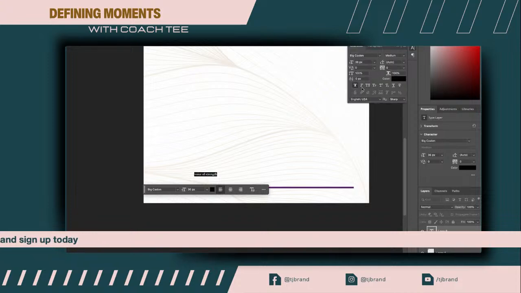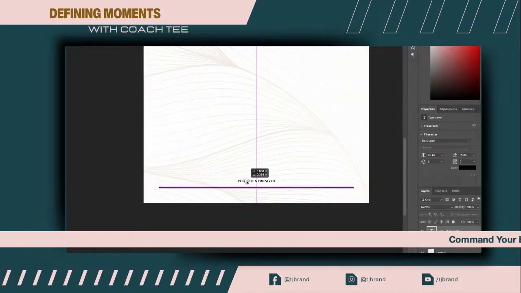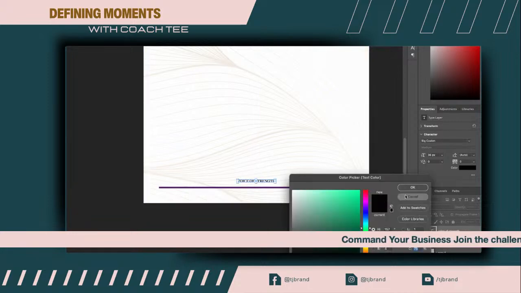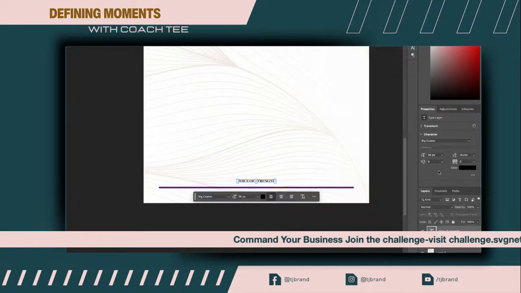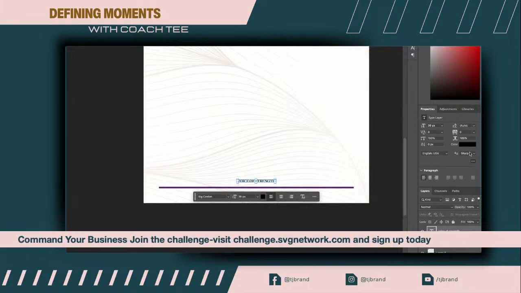And we are going to bold that and make it in capital letters. Put it right in the center. Change the color of this font. Is it going to show me my colors?